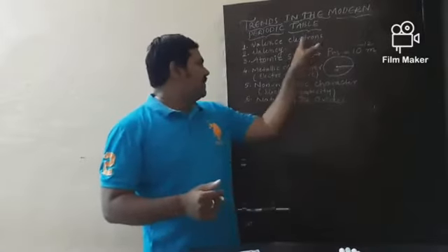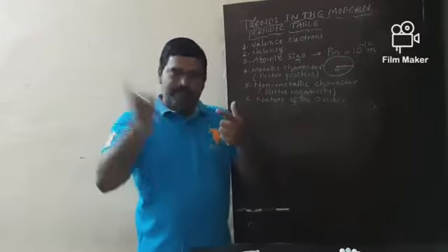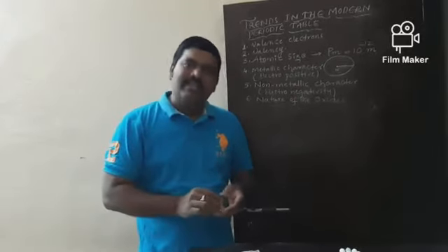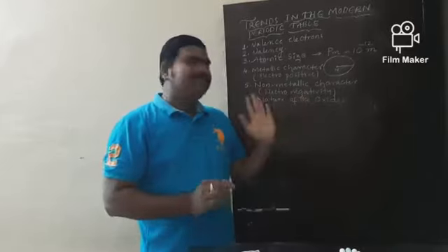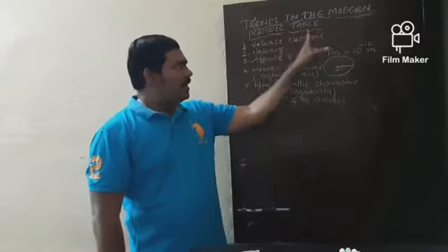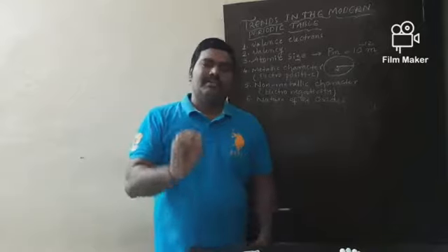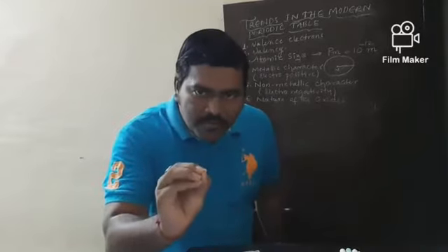So, these are the 6 periodic properties that repeat regularly at certain intervals. But in this module, we have to look at the trend observed in these 6 properties and how they will vary in a group from top to bottom and in a period from left to right. That is called the trend observed in the periodic table.